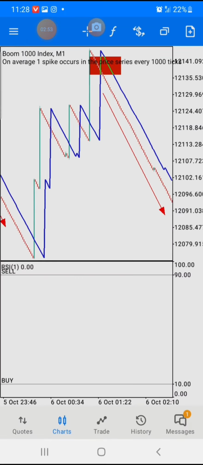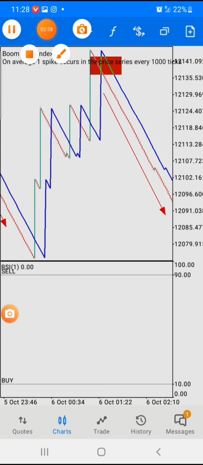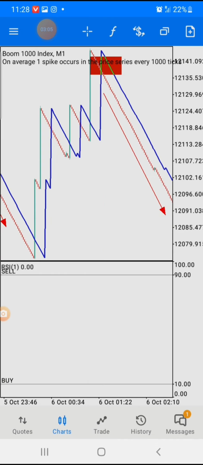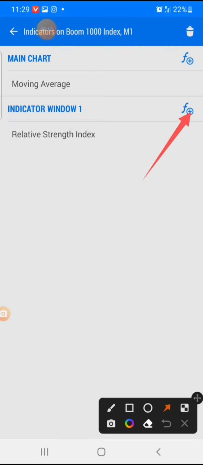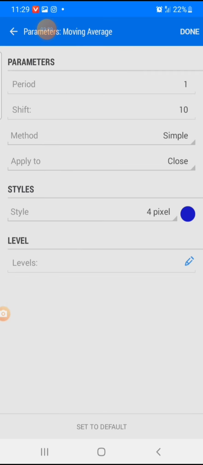We now have this bottom part. We now have our indicators window here. This is what we have. Then once we are done, we're gonna put another indicator there. So for you to insert the indicator here on the indicators window, you click here on the F icon, you click it, then you go again on the moving average. We still have the same settings: period 1, shift 10, method simple, apply to close,